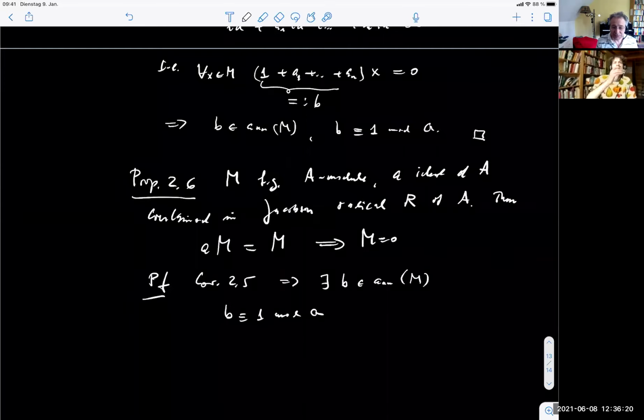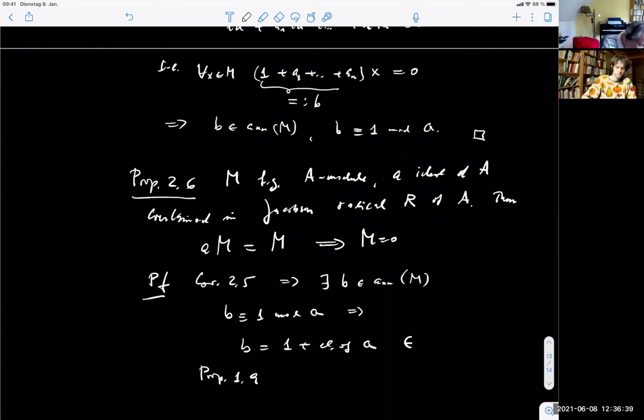So the point is, B is 1 plus an element of this ideal. And by the characterization of the Jacobson radical, that was proposition 1.9 in Atiyah-Macdonald,